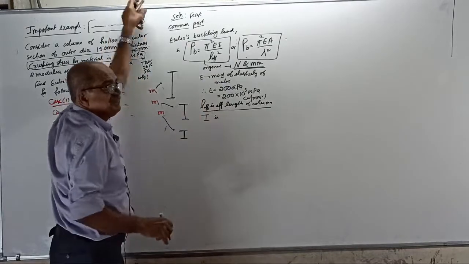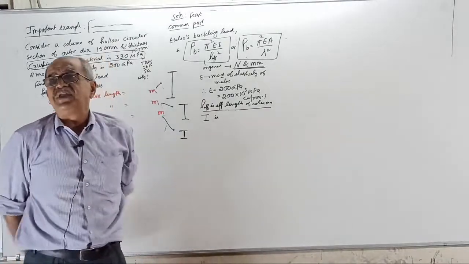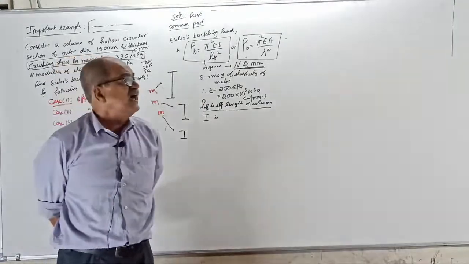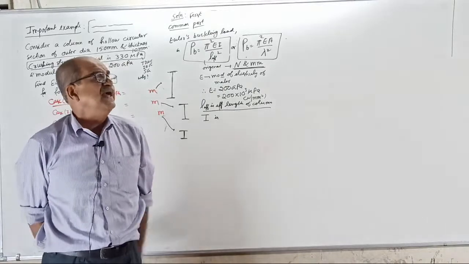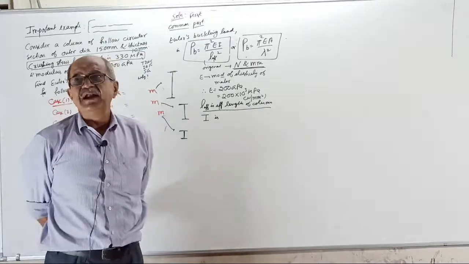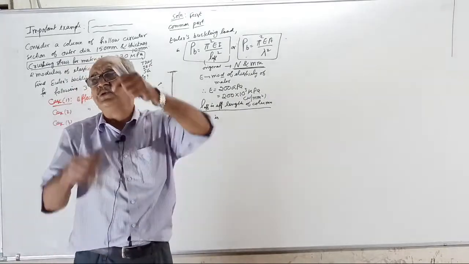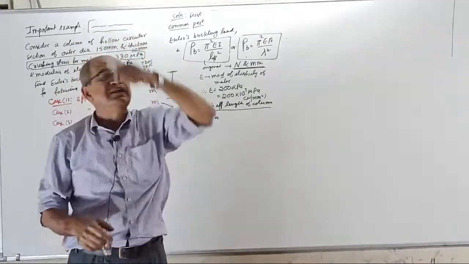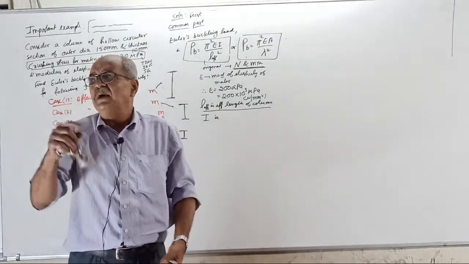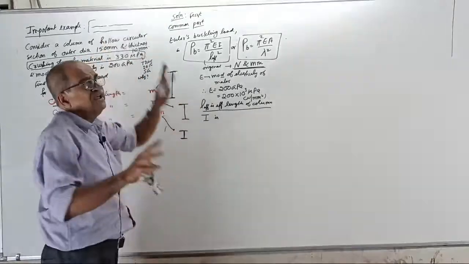About I, sometimes people will tell, sir, you cannot always take the least I. Sometimes one axis has lesser I and the other axis has higher I. I know it; RCC and steel, we have done it. That is when L effective changes for the axis. Sometimes there is higher I, but a huge effective length in that plane. Even though I is more, L effective by R will become higher then. So you cannot say that. But in strength of materials, we don't discuss those things.